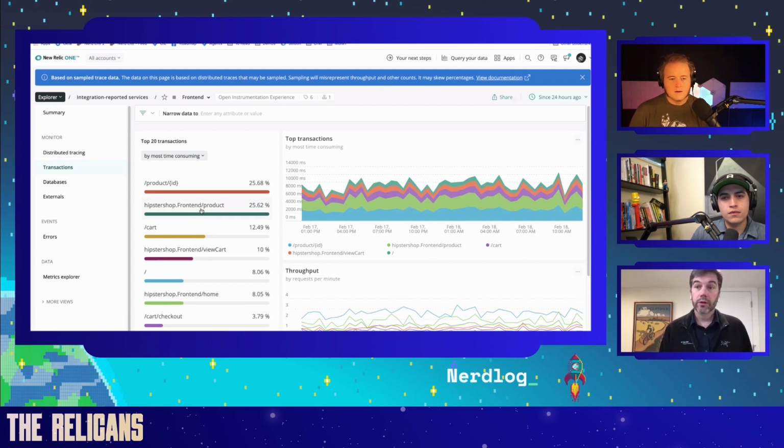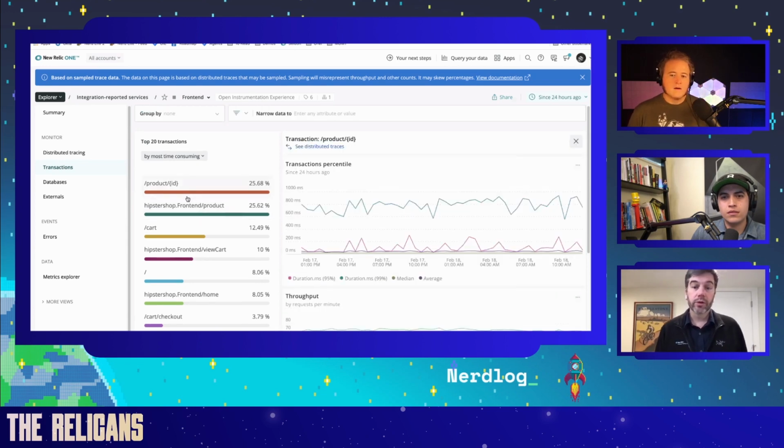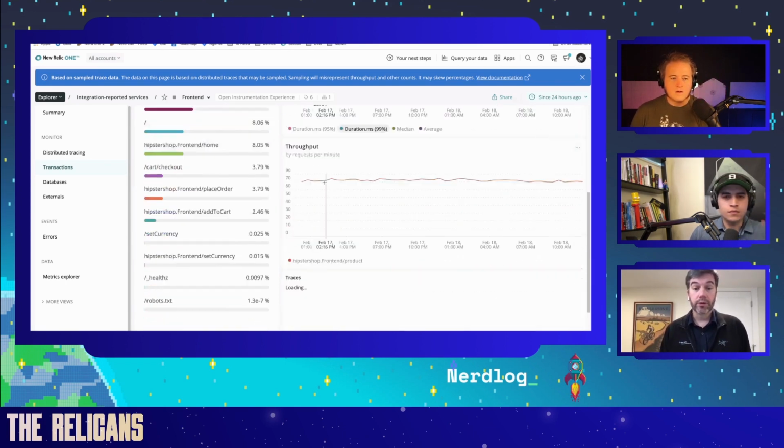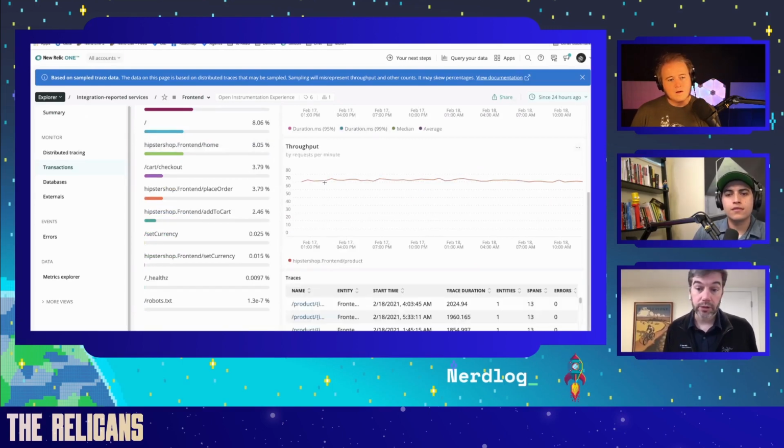And so New Relic and other APM solutions have traditionally called that transactions, and we preserve that notion here, with being able to group these requests by the given transaction, to where then you can see both the average, 95th, 99th percentile of that request for an individual product and the list of all products, and see the throughput for those, as well as traces that involve those particular